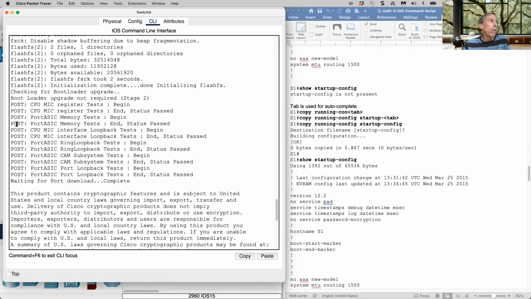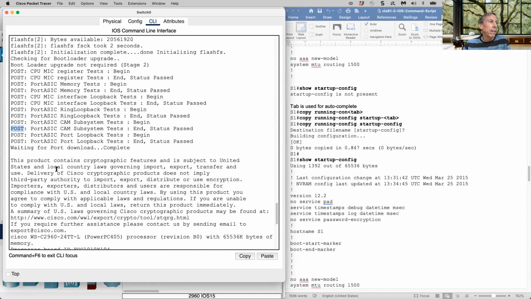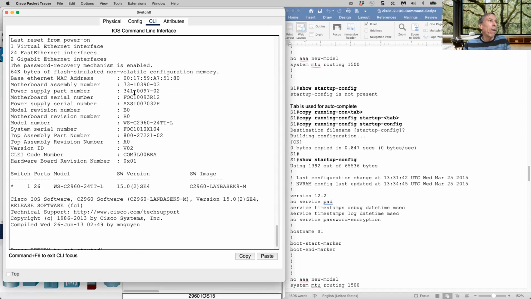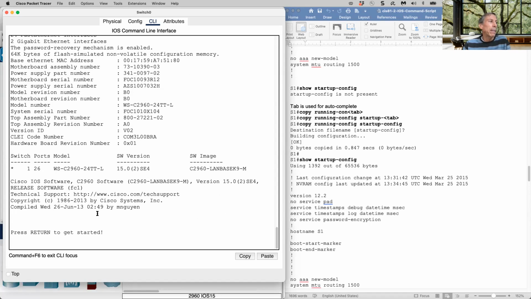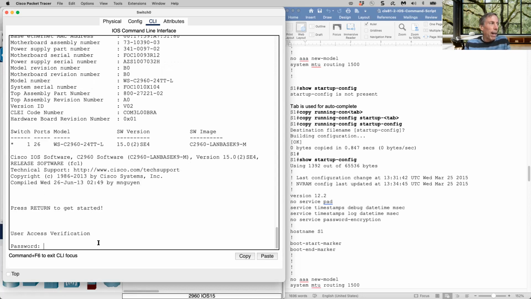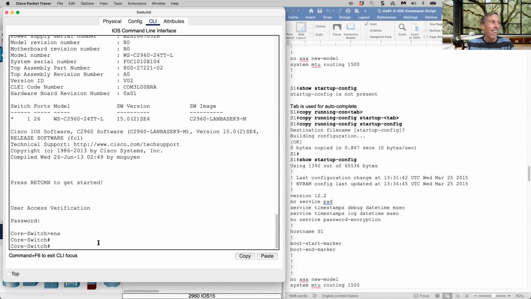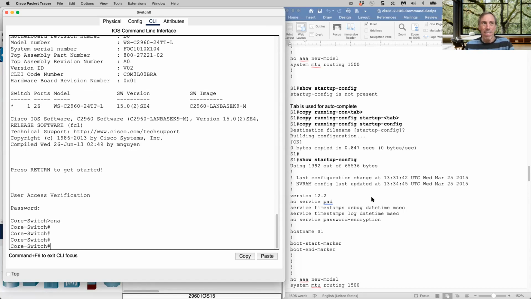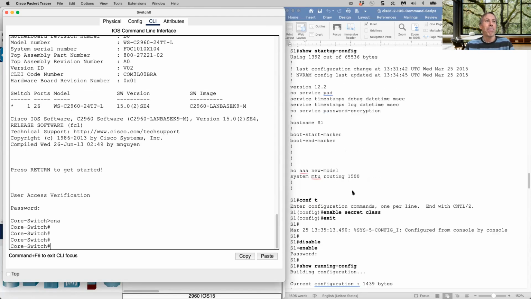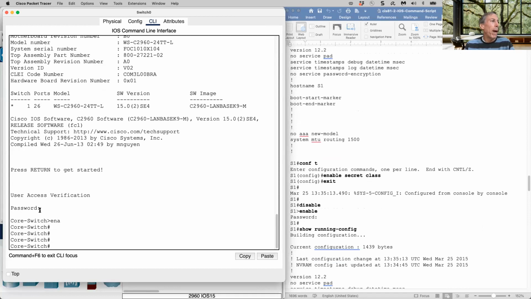Here's some more power on self-test stuff. Okay, it gives me all the information. Here's the operating system. Tells me press return to get started, and that's a good sign. There we go. Now I'm in. Okay. But you know what? I just went from user exec mode to privileged exec mode without, wait a minute, we probably